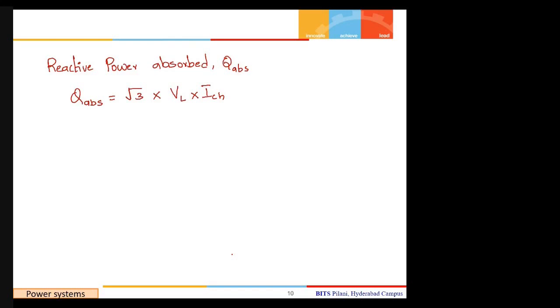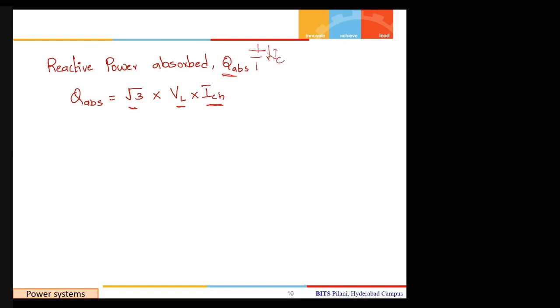Then the total length of the transmission line is already given, that you can multiply. Now, what is the reactive power which is absorbed? Reactive power is √3 times the line voltage into the charging current of the system. So you know that whenever there will be a capacitance, some current will be involved, which is known as